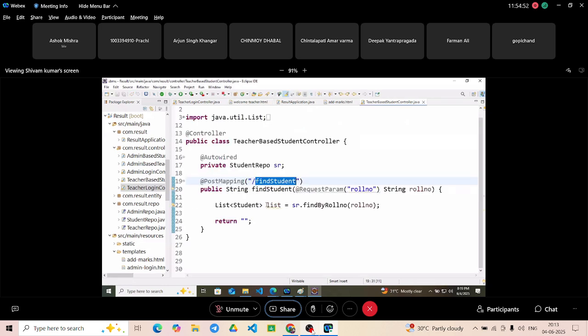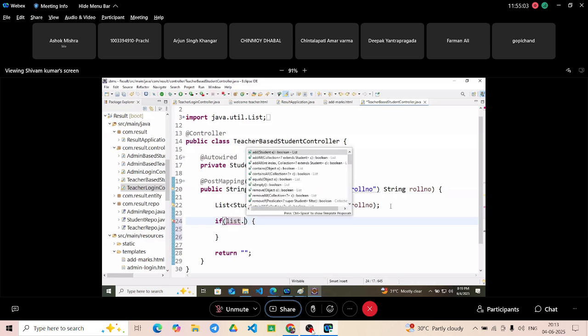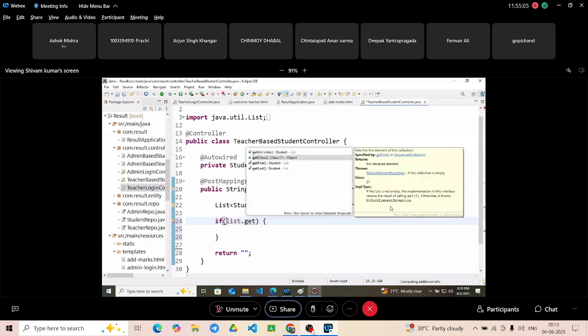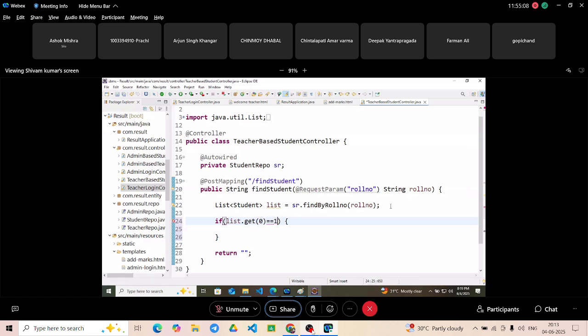So how we will check that? List should get at least one element. So we will check here that if list.get(0) is equal to 1, it means that